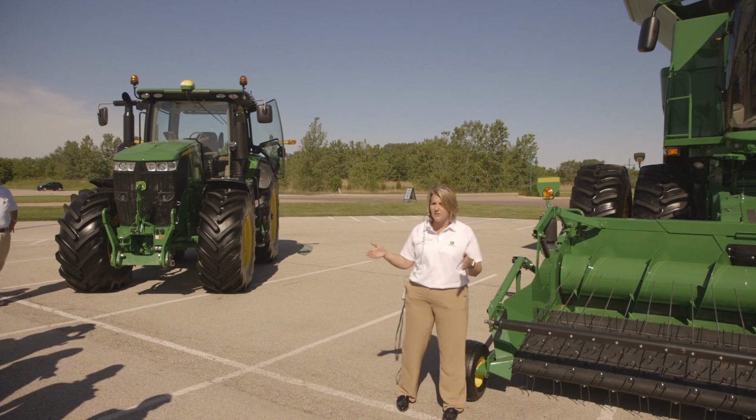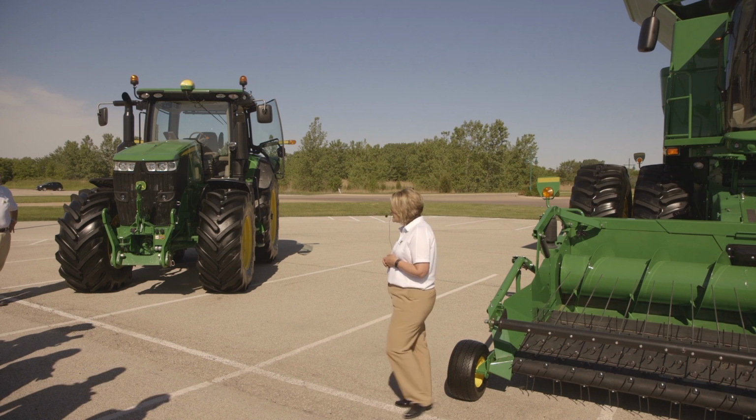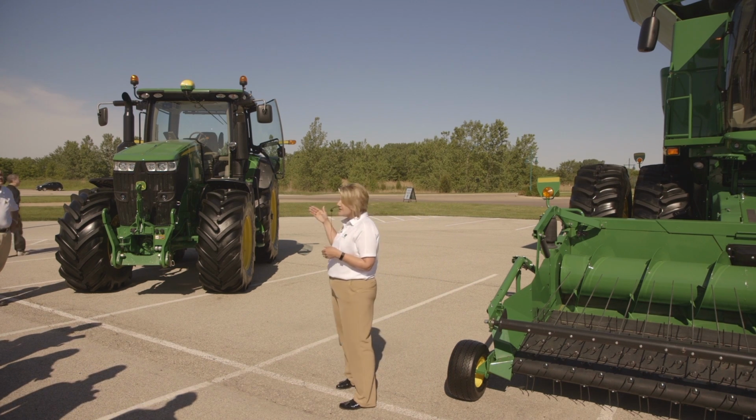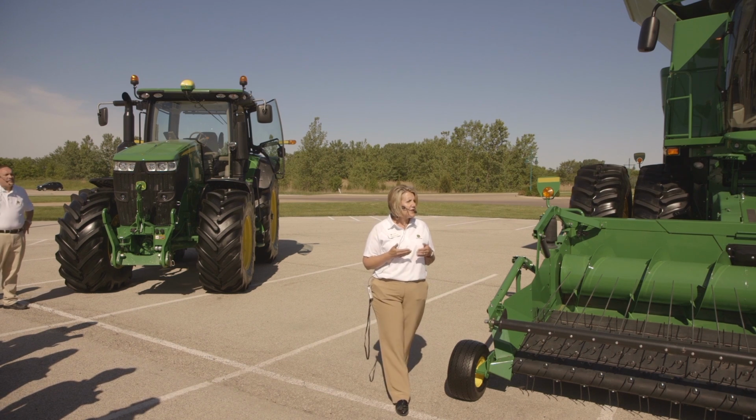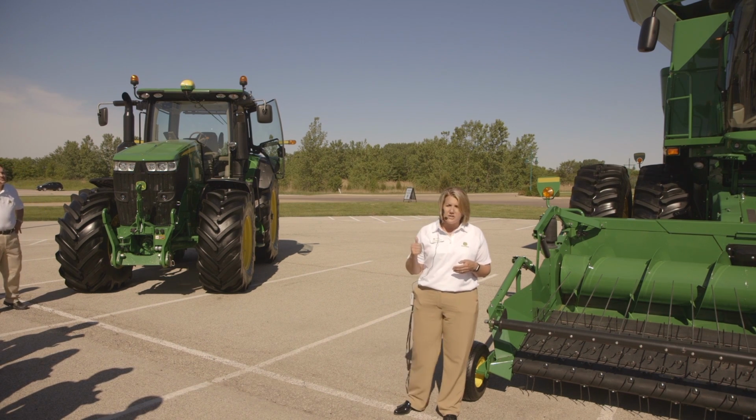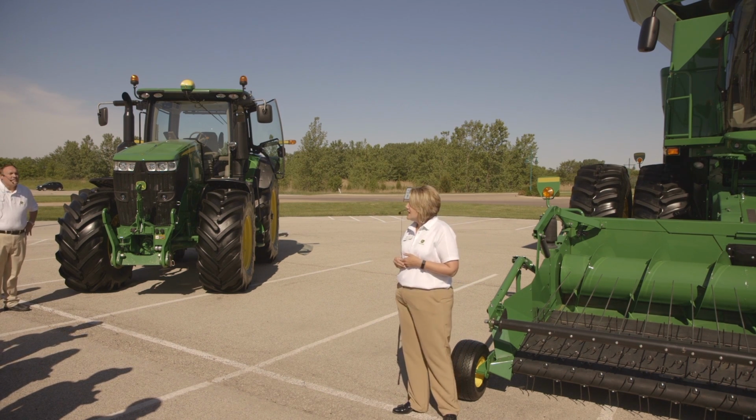You will see it'll swivel. In our tractors, it's up to 40 degrees, so you can have that great visibility and see what's going on around you. That helps with that productiveness. It also helps with making sure that you understand your operation and what's going on every second when you're